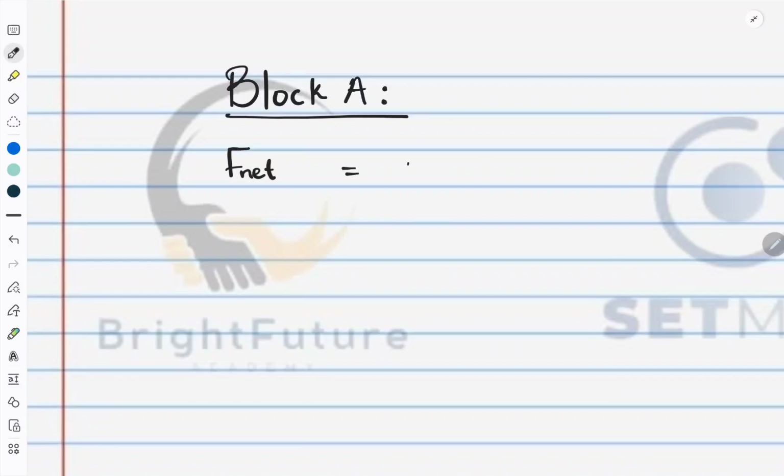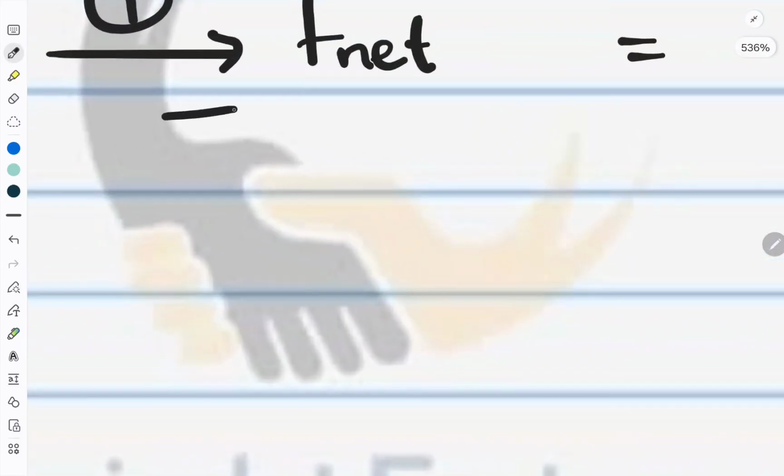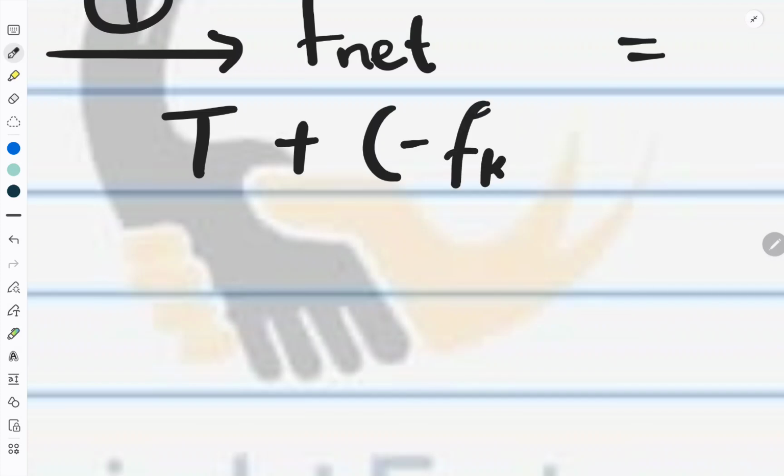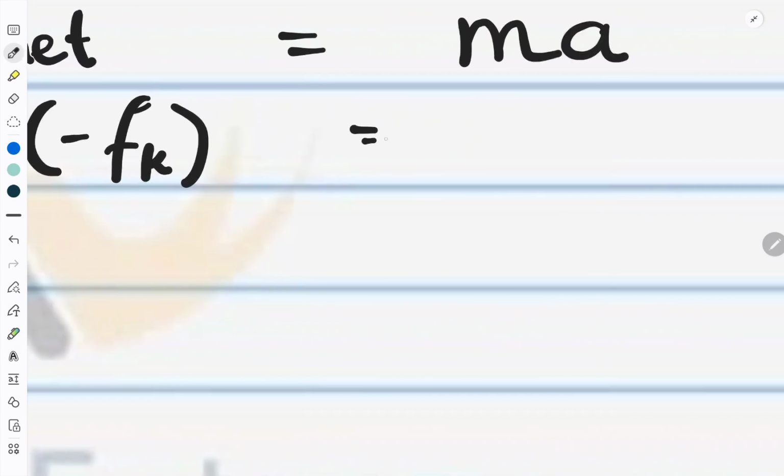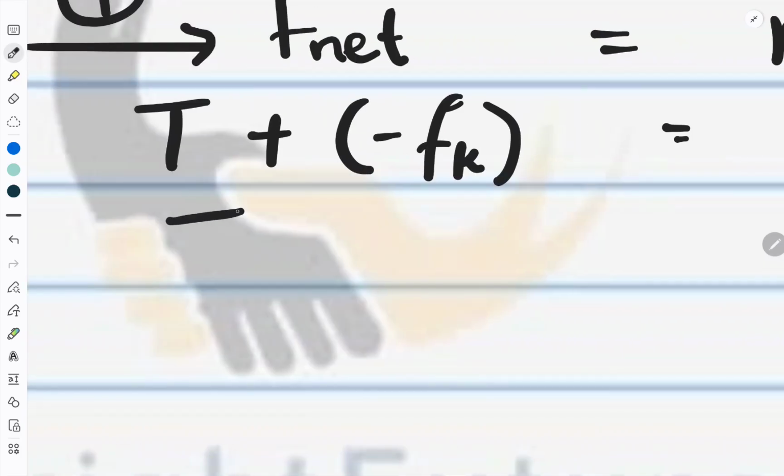Fnet is equals to MA. I'm taking right as positive, and then we have T plus, we only have friction going to the left, and then we take this and we make it MA. Then from here we can say T minus 9 point,